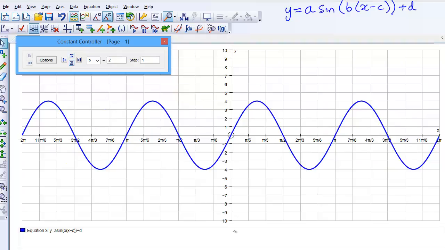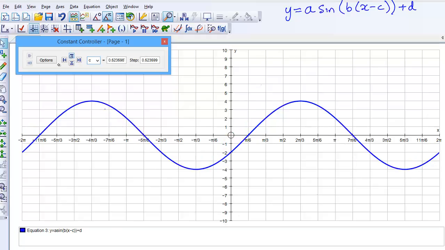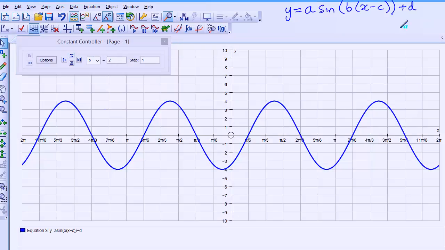I'm just going to move that back to 1, and then we're going to change c, and I've got c actually going up in pi by 6s here. So if I increase that by 1, it moves to the right pi by 6. Note if I change now b up to 2, it still goes through pi by 6. So we have both